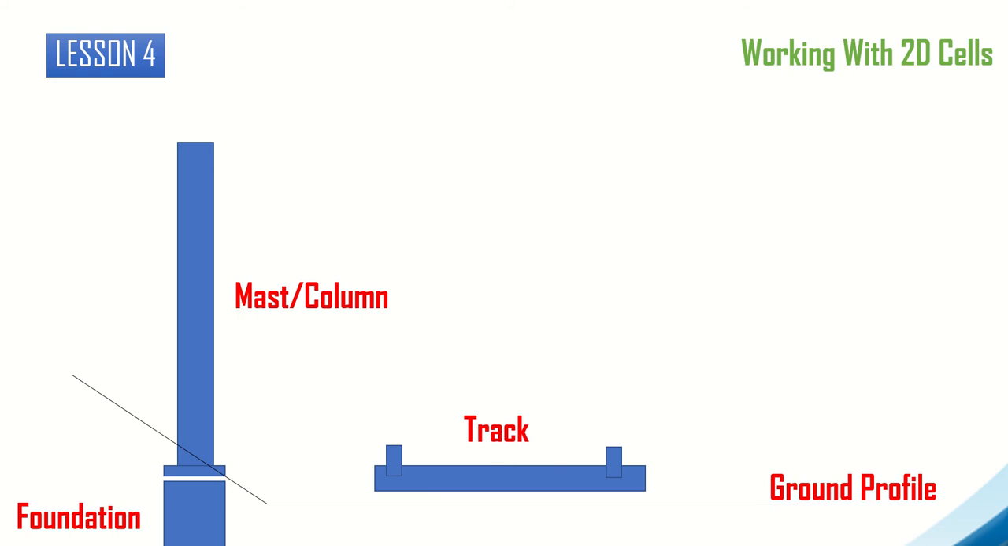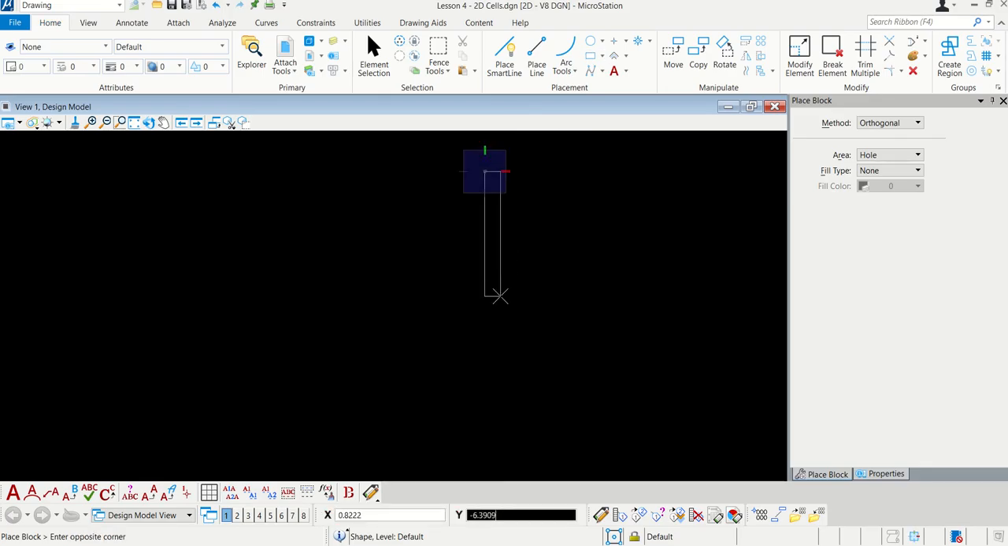This is the example of the drawing which we are trying to create. So we have the mast or column, we have the foundation, we have the track, and our ground profile. Now I will have a typical mast of 8 meters long